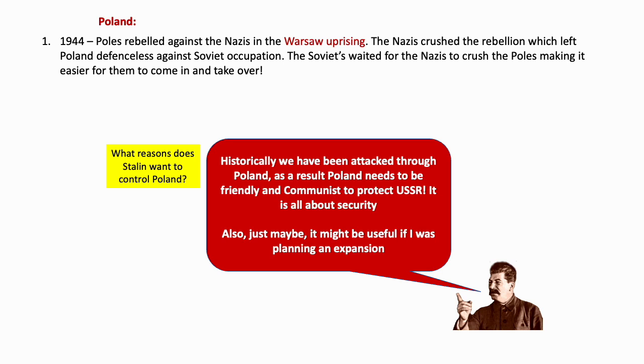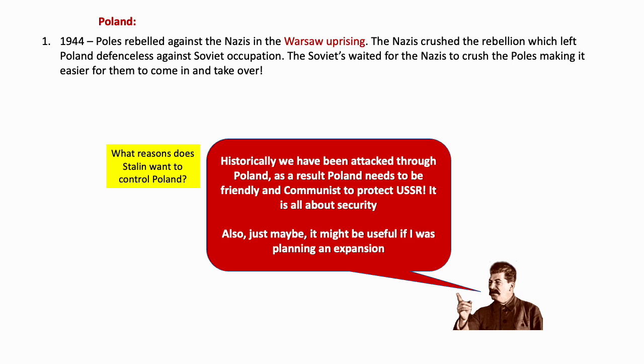They knew that the Nazis were losing. They knew they didn't have long left, so they didn't want to get involved in this fight. Obviously, to try and save resources, I guess, to save men. But the Soviets waited for the Nazis to beat Poland because that would then make it easier when the time comes to take over a battered and broken Poland. Now, many of you might think that's really clever. Obviously, Truman sees that as quite a sinister plot or ploy on Stalin's behalf. And that is essentially what happens.